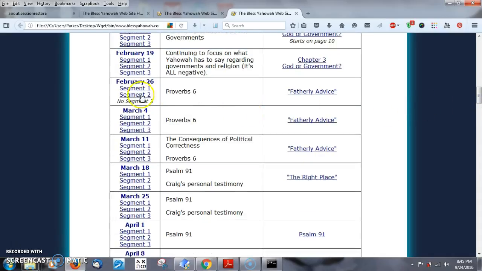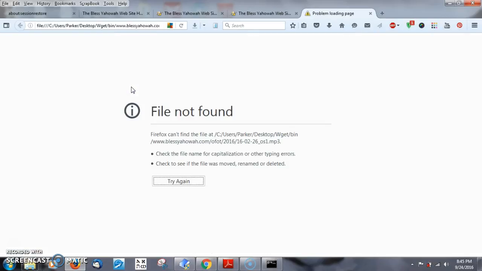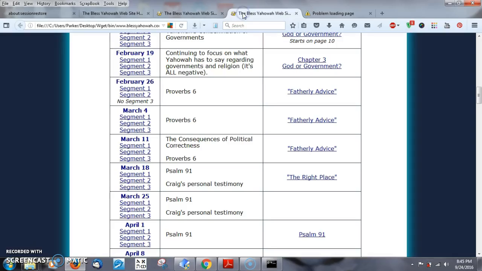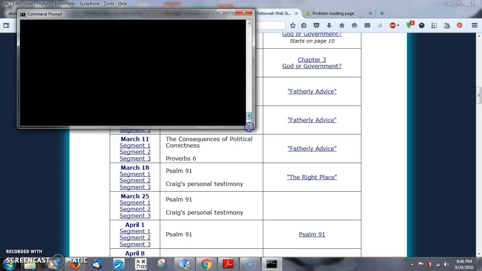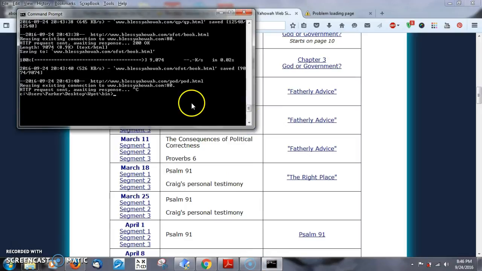So now, if I try to go to a segment, it's going to say nope, you can't do it because it's not there. Now, once you run a full mirror, it will be on your computer. All these segments and files and everything, and you'll be able to put them on thumb drives or whatever. You'll have to have in excess of 10 gigs. Let's see if we can see how much it is. So Wget